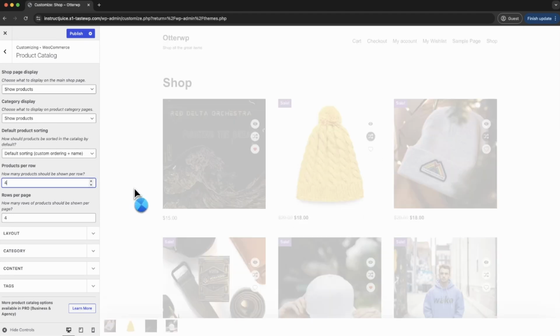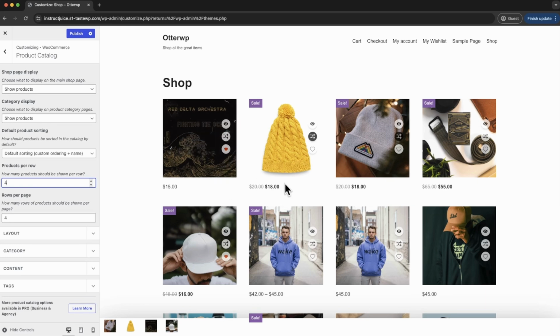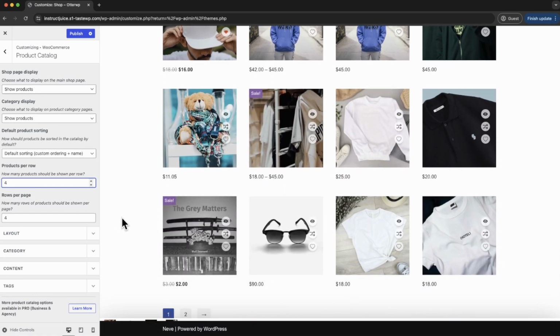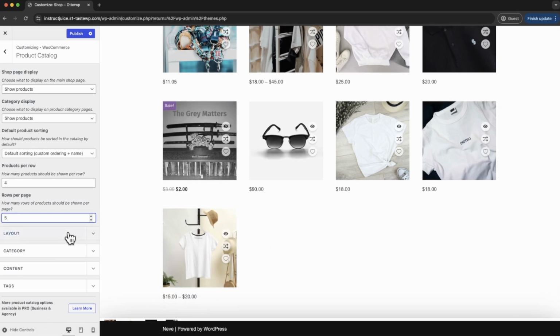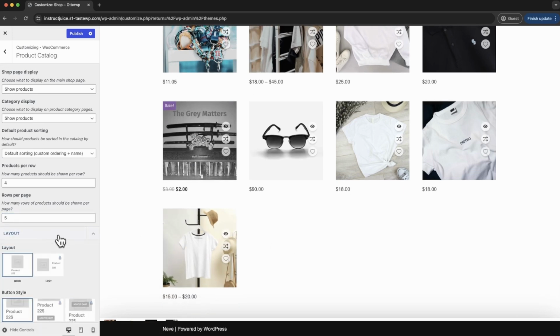So with the Neve theme, 4 looks good with the toolbar from dynamic shopping theme. And how many rows per page. Row on the bottom. And here is how you can